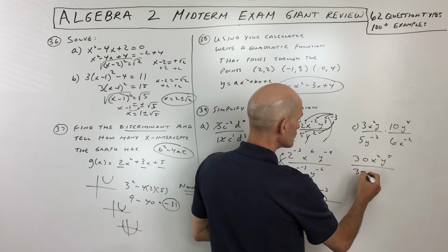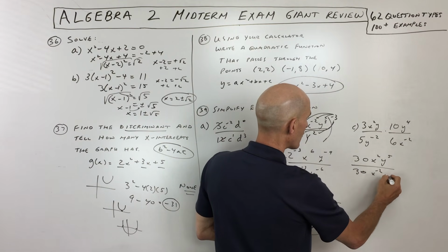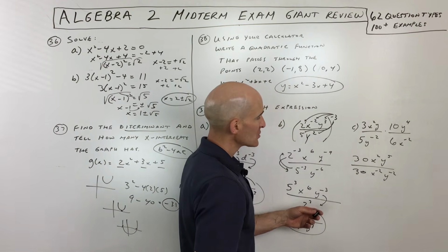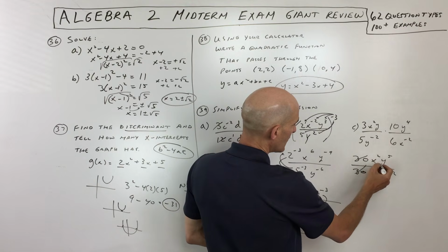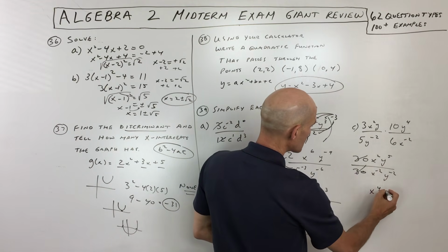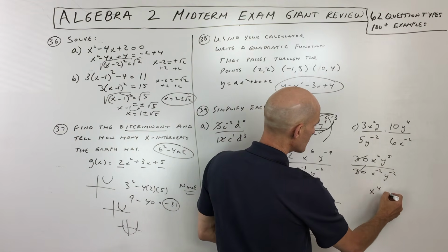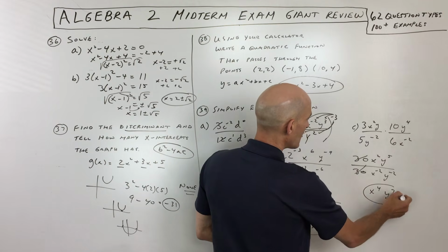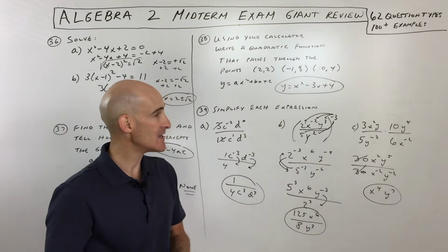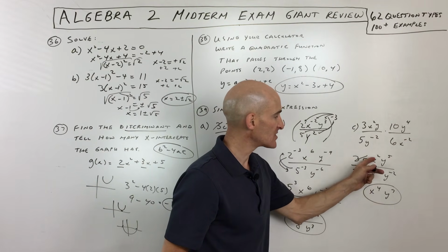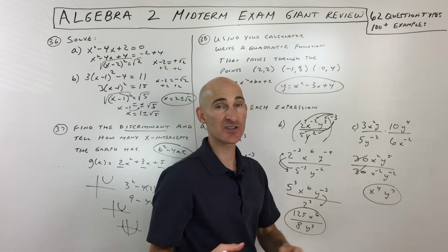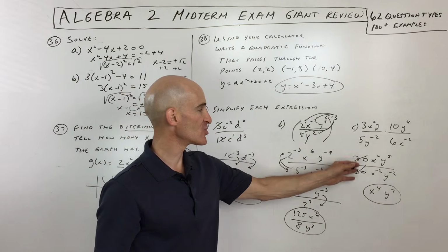So that comes out to, let's see, and I like to put it in alphabetical order if possible. So that's the idea. And then you can see the 30s are just going to reduce to 1. 2 minus negative 2 gives you x to the 4th. 5 minus negative 2 gives you y to the 7th. And that's your final answer. So the key, I think, is to multiply the numerators together, denominators together, get it into one fraction. And when you divide, you subtract, as long as the bases are the same. And then with the numbers, you just reduce.